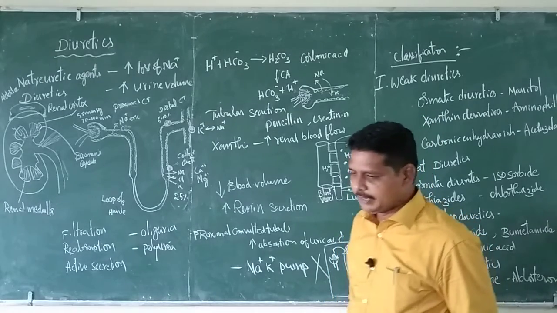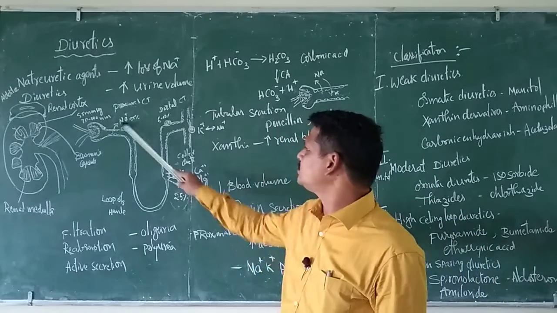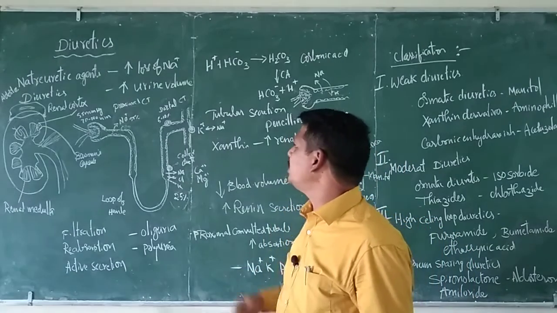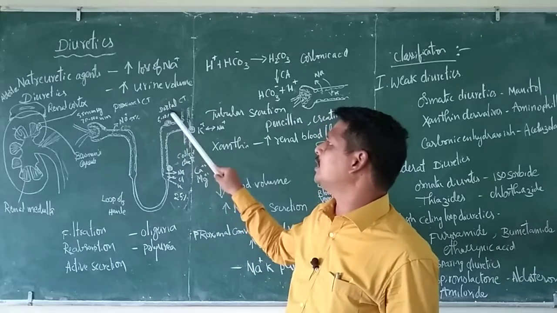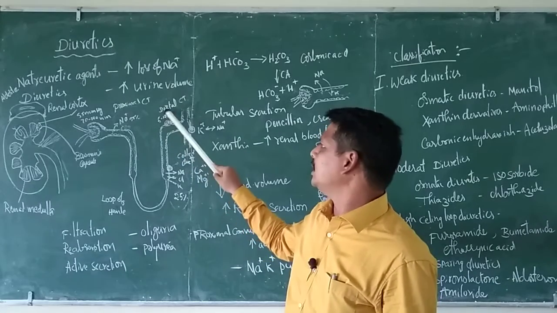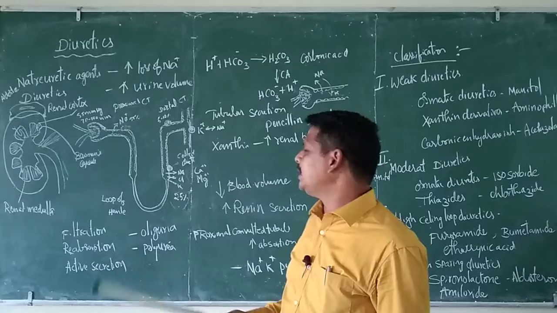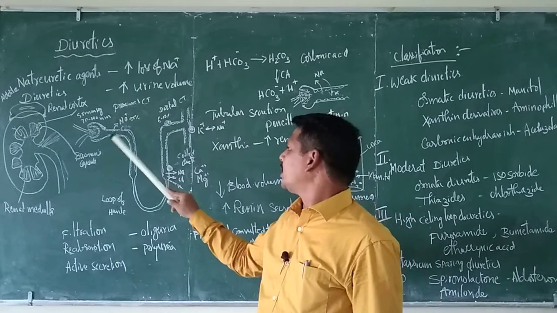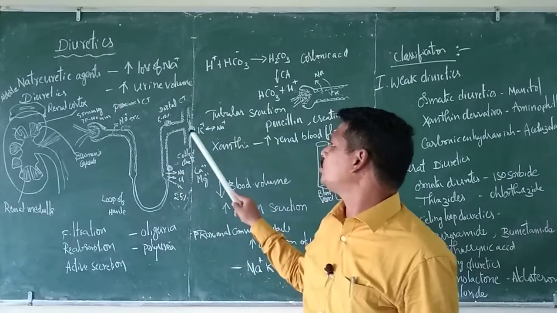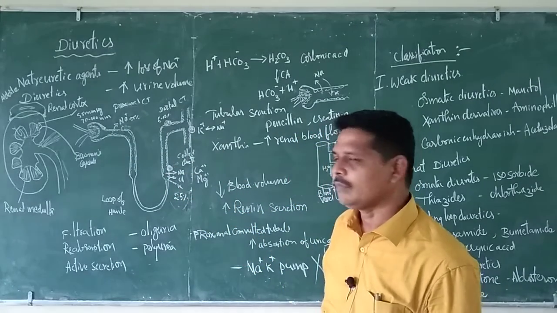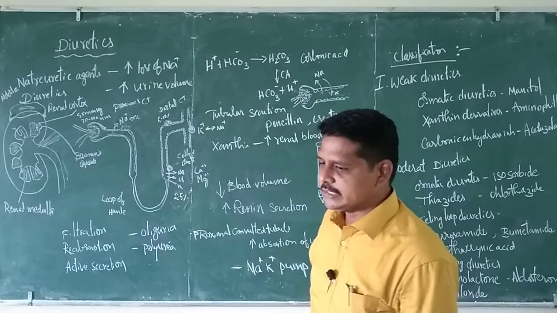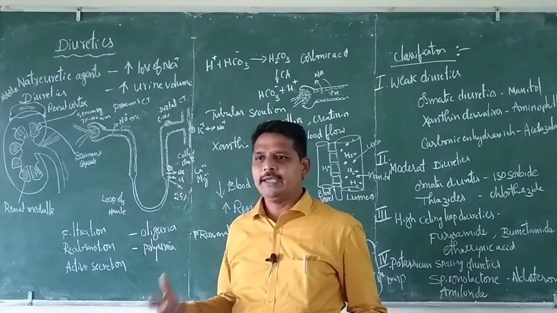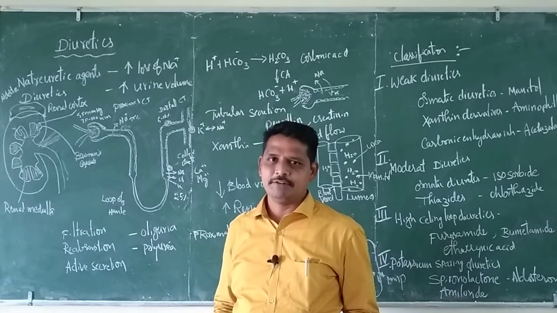So depending on our requirement, we have to use specific drugs that act on specific parts. Okay, if you want moderate or less diuretic activity, normally we will go for blocking of these sites, which results in 5 to 10% inhibition. If you need higher activity, normally we will go for loop diuretics. For moderate, we will go for the proximal convoluted tubule and collecting ducts. So we select the type of drug depending on whether we require high, moderate or low diuretic activity.